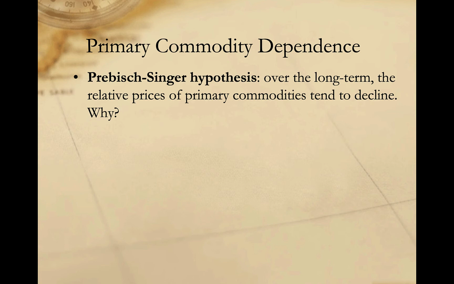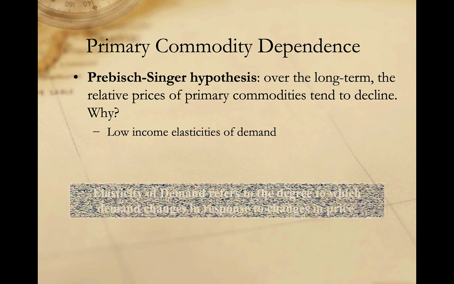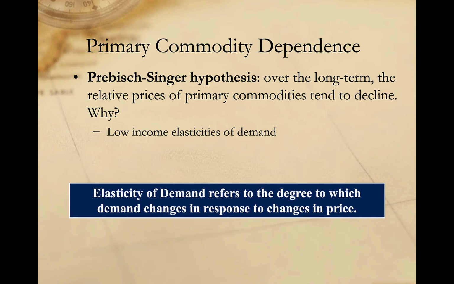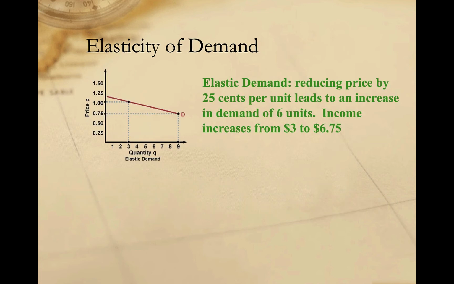There's a couple of possible explanations. The first rests with the idea that's known as the elasticity of demand. Put simply, elasticity of demand refers to the degree to which demand for a product changes relative to changes in price of that product. When demand for a product is relatively elastic, reductions in the price of the commodity can often yield increases in demand that offset the decline in a per unit price.